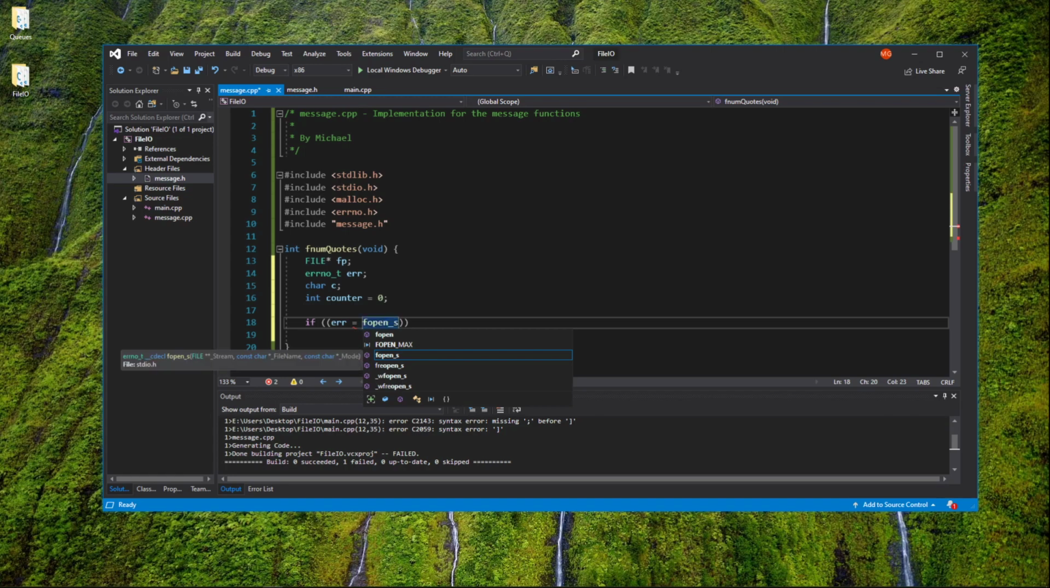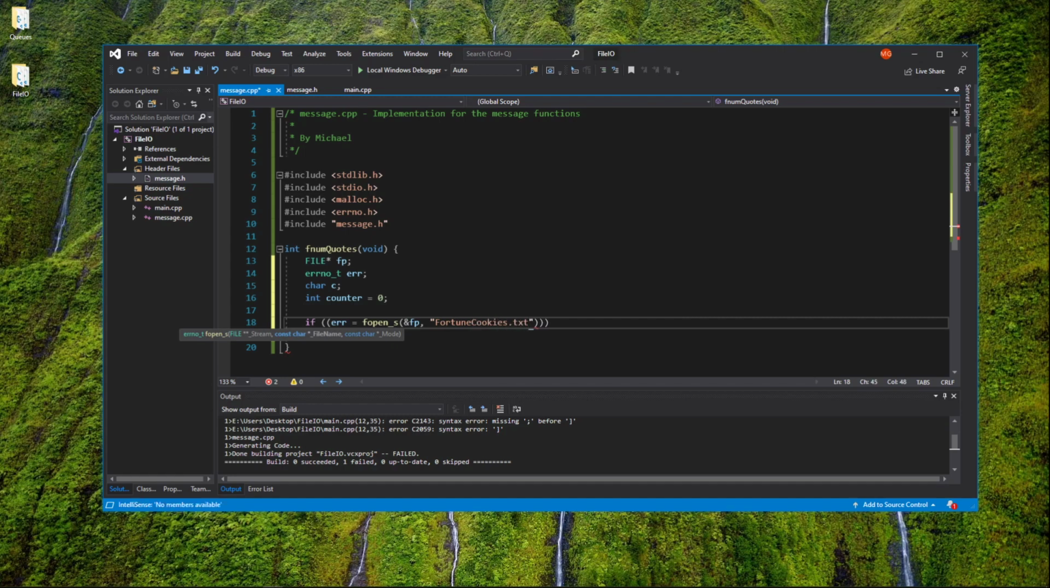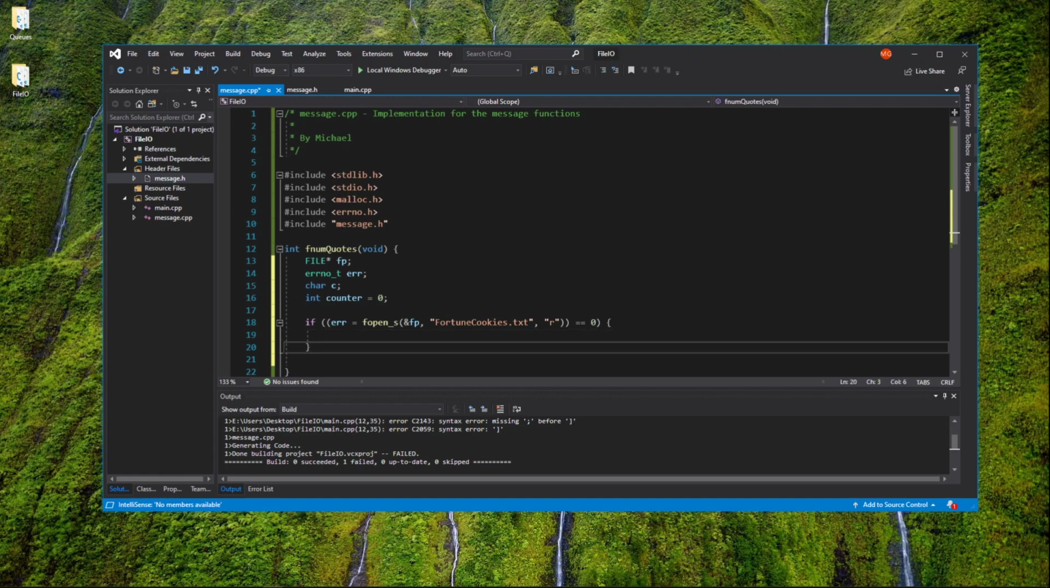I'm giving you the safe way of doing it. We need to pass it a file pointer. Then we've got to give the name, so that's fortune cookies dot text. And what are we opening it for? We're opening it for a read operation. Now, if it equals 0, okay, so the error, wait a minute, make sure that the numbers are right, okay, this is good. So if what's returned here is equal to 0, then no error. Otherwise,